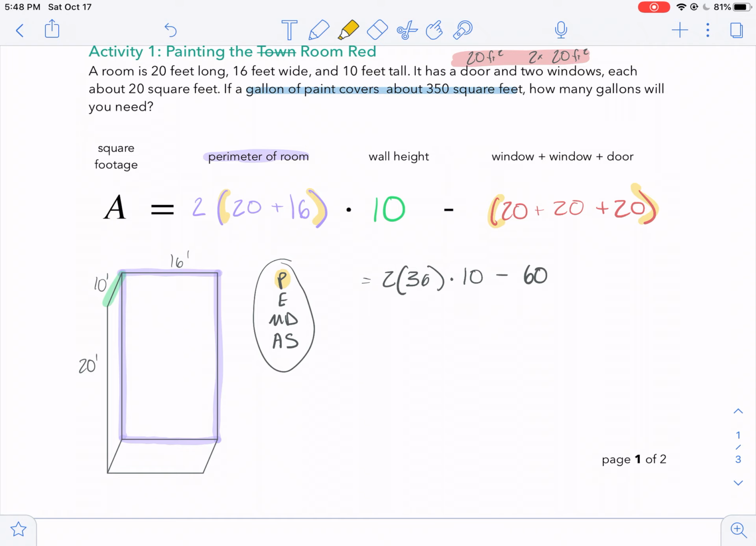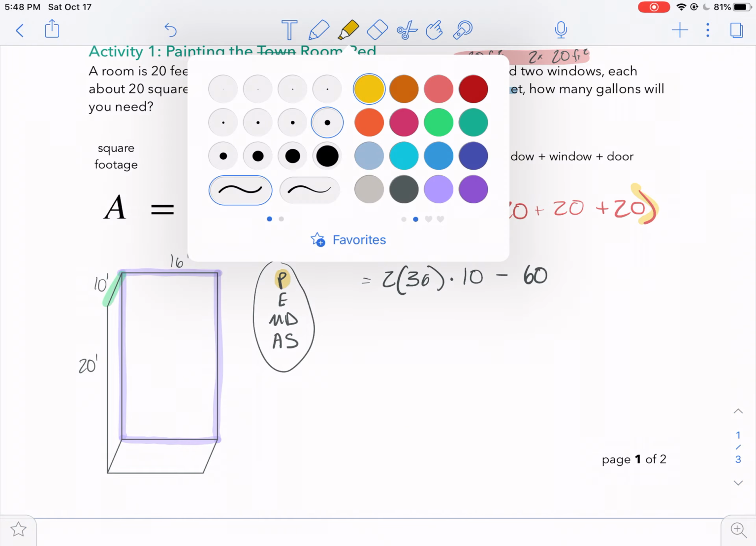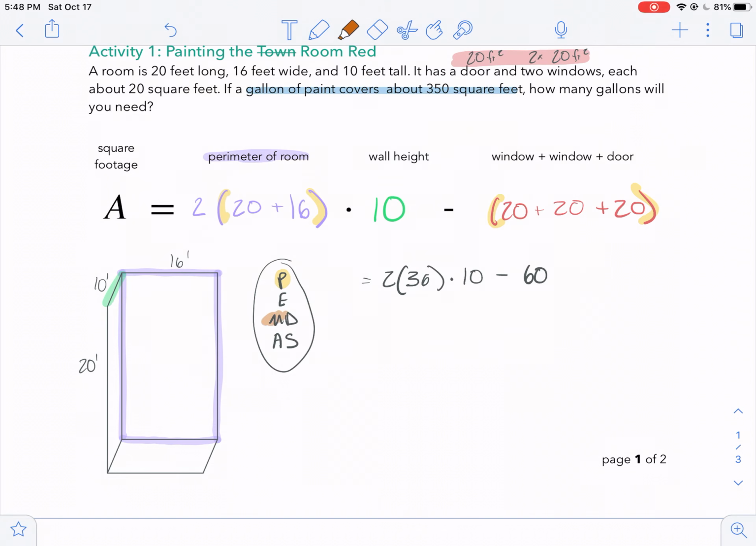Next, we don't have any exponents, so we'll skip it. So next on the list, we have multiplication and division from left to right. So we'll do that first. 2 times 36 is 72